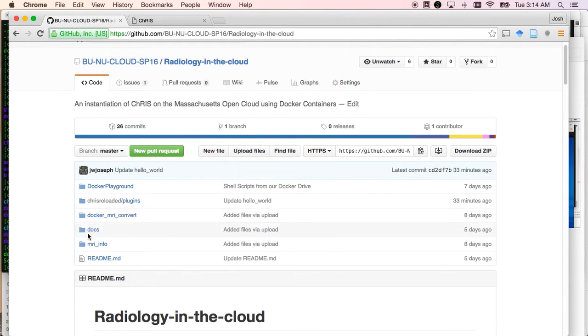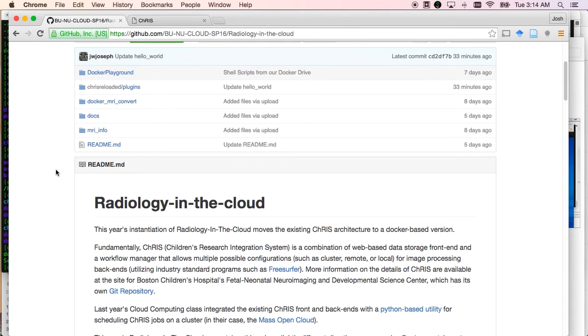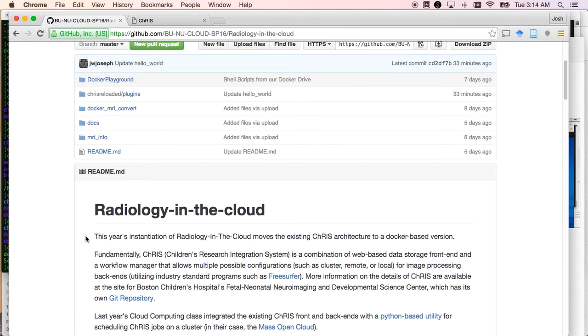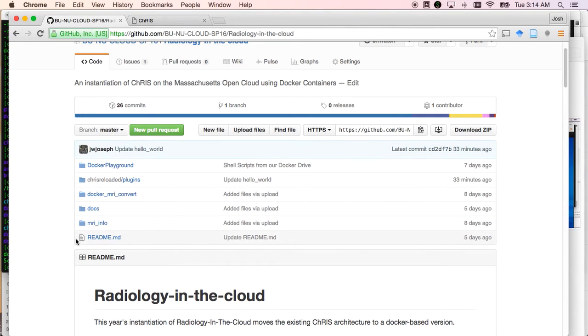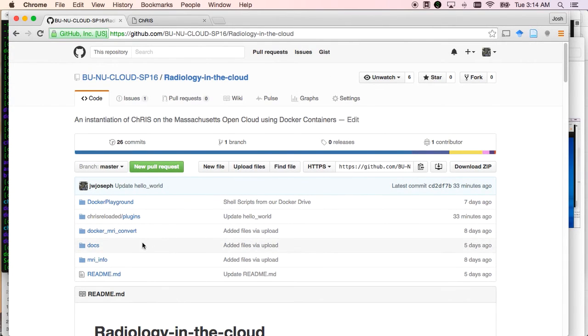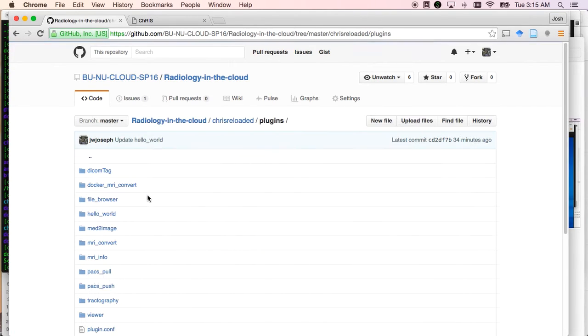Now there are 2 ways that if you were to build this system yourself, you could establish it. You could use the original CRIS Reloaded, which can be found on their site, or you could potentially get the CRIS Portable virtual disk image that we built this from. They're very similar and should have similar functionality. So going into the plugins themselves,